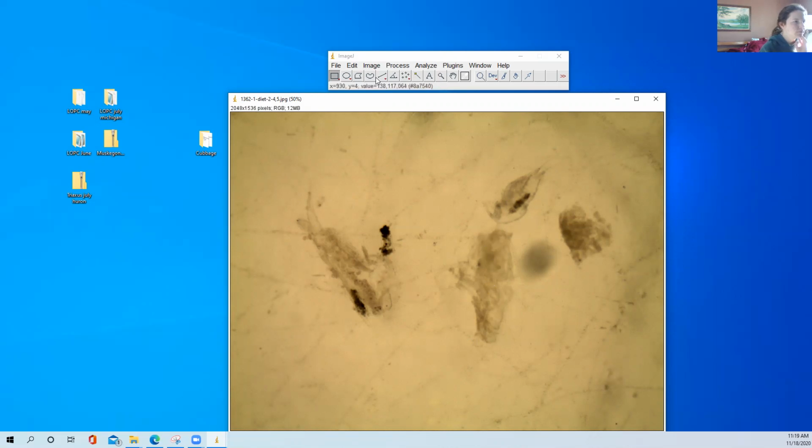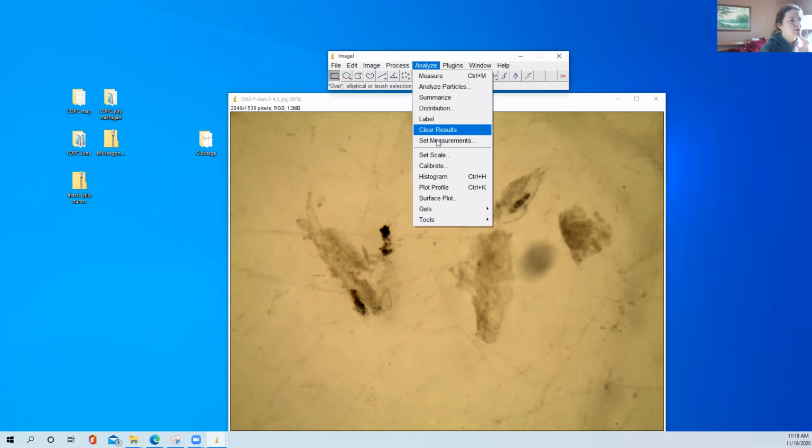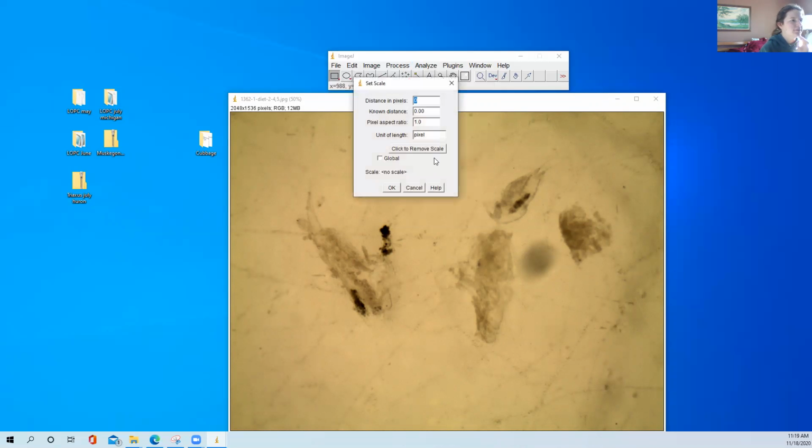All right. So to measure these, we first need to set the scale. And the scale is going to depend on the magnification. So this is 4.5 magnification here, as it says here in the label of the picture. So we're going to set our scale. All right, and at 4.5 magnification, 1 millimeter is,